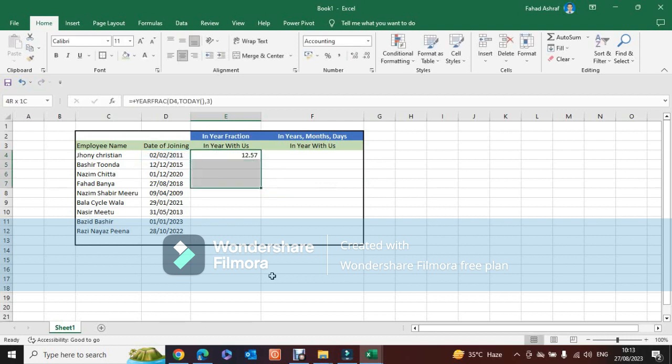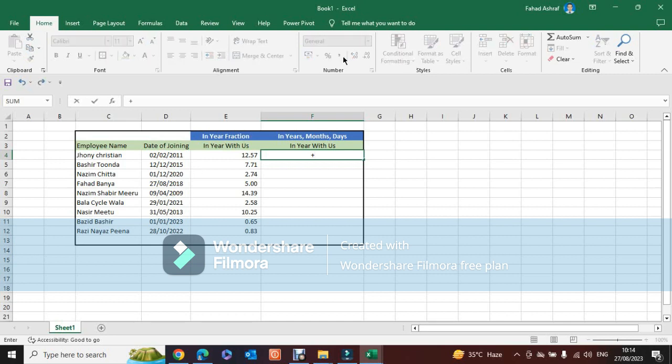So you will see the employee age in our company in year fraction came out, and next will be the data in years, months and in days with us. So the format will be a little different, but we'll try it now. Let's start. It will start with TEXT and then